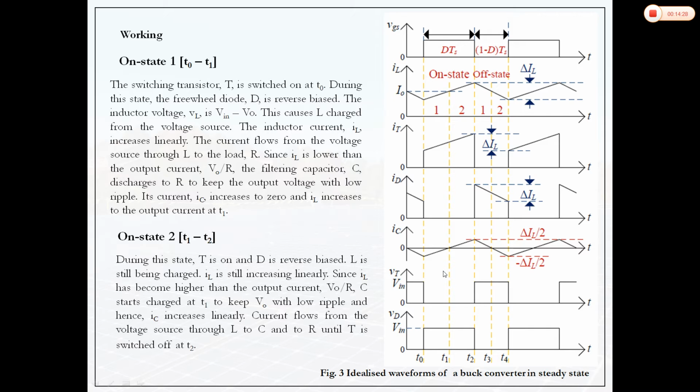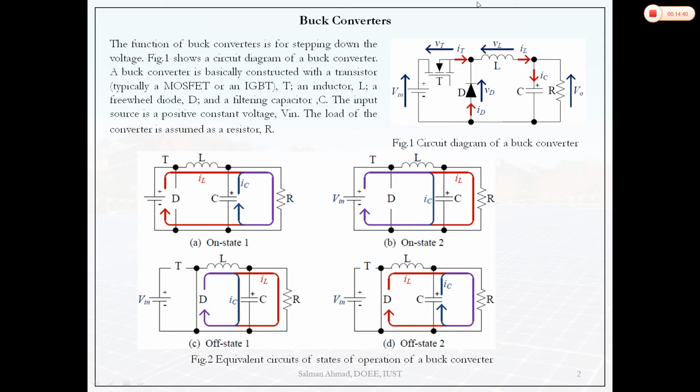Similarly, we can find what will be the voltage across the MOSFET switch and what is the voltage across the diode switch. So from the figure we can see, once this is turned on, the voltage across this will be 0. Once this is turned off, we can apply the KVL. So in this loop, if we apply the KVL, the voltage across this MOSFET switch will be V in. Similarly for the diode, once it is conducting, the voltage across this will be 0, and during on time this is off, so the voltage across this will be again V in.